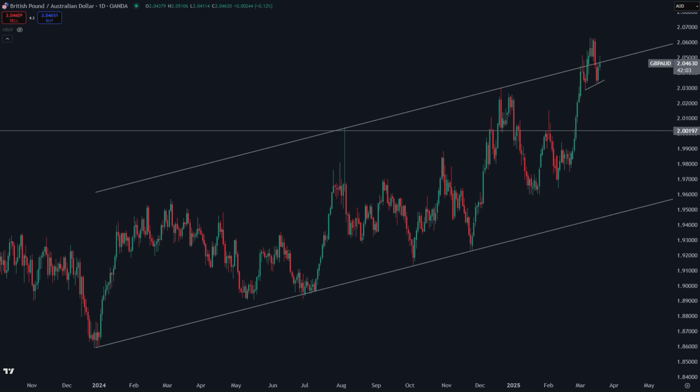Today we're talking about the pound versus the Australian dollar, not a pair that we typically talk about on this channel, but the setup is there. However, we do have some upcoming event risk that's going to be key for this setup. So looking at the pound versus the Australian dollar, first of all, you can see here on the daily chart,